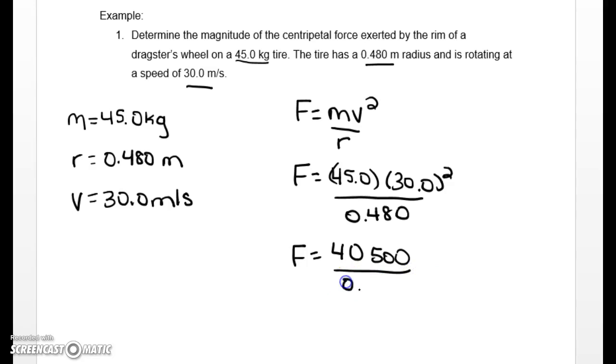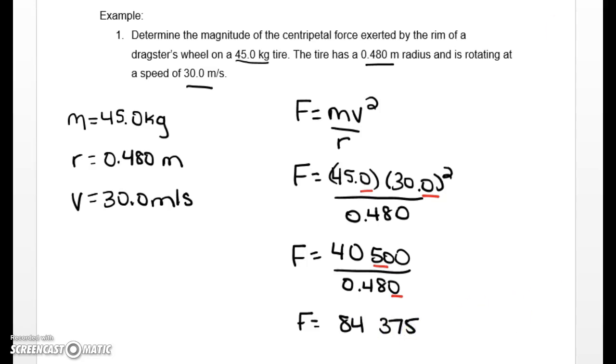Then we're going to divide that by that radius of 0.480. I'm also going to keep track of sig figs here. We're just using our multiplying and dividing rules. We've got 3 sig figs in 45.0 and 3 sig figs in 30.0, so this numerator should also have 3 sig figs, making that 5 significant. Then we can go ahead and divide those two numbers, and in our calculator, we should get